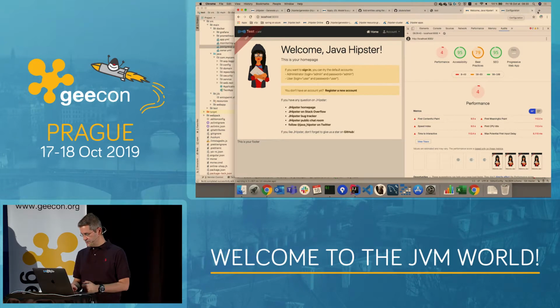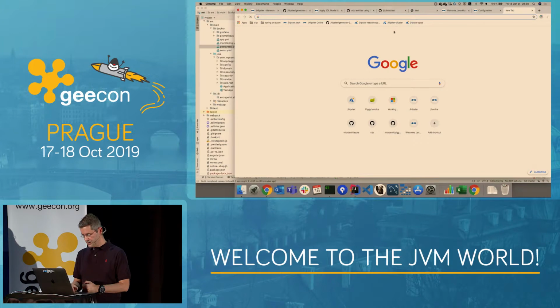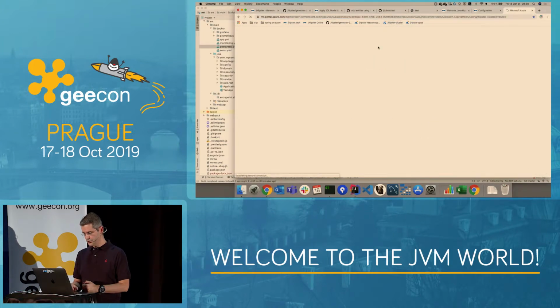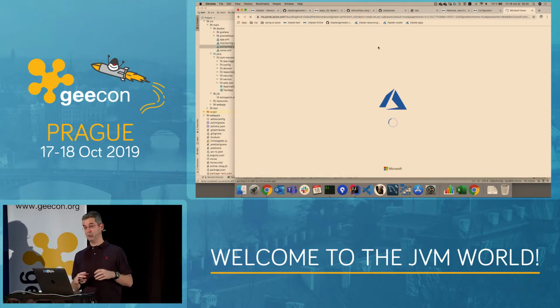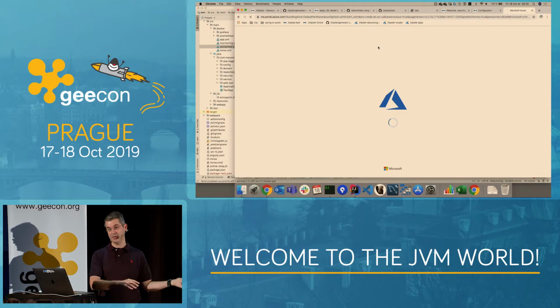So I'm going to deploy everything into Azure. So in Azure, we've got tons of different options to deploy an app. You've got something called Azure Web Apps, where you can just deploy your monolith very easily. You can also just use a VM and deploy on a VM. So there's nothing, I would say, mandatory on Azure. I'm just going to use Azure Spring Cloud because we released it last week with Pivotal. So it's a fully managed Spring cloud backed by both Pivotal, so people doing Spring, and Microsoft.